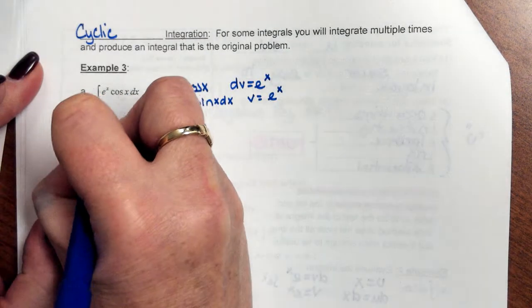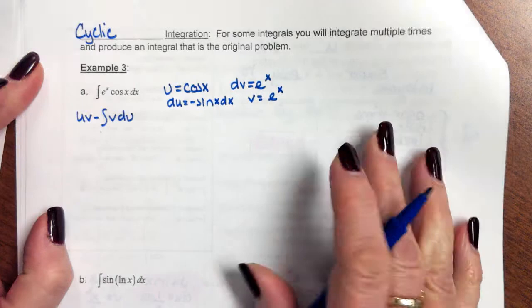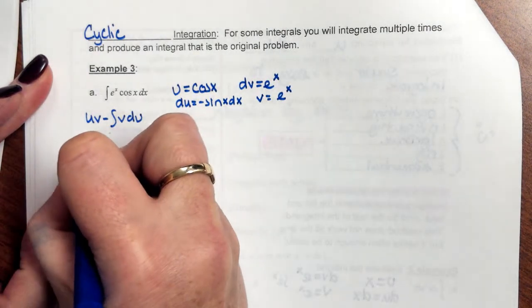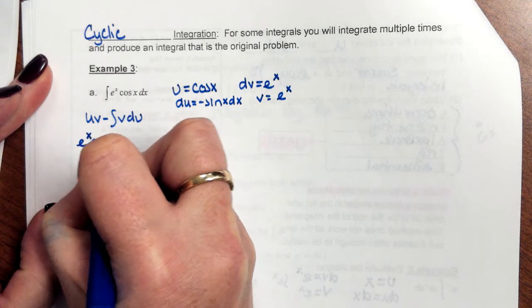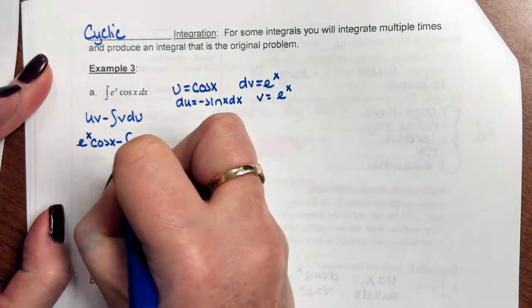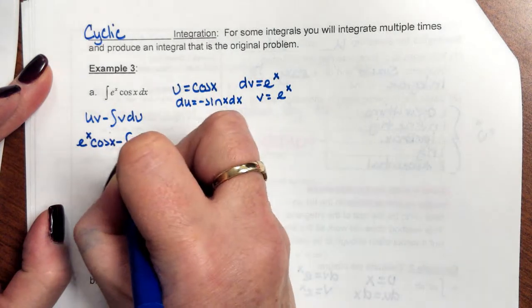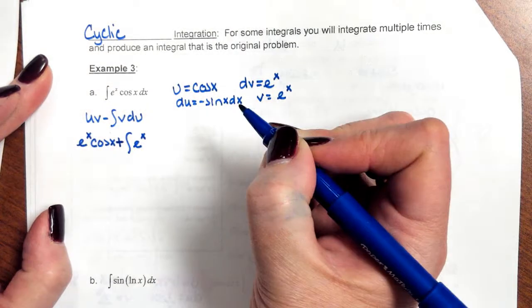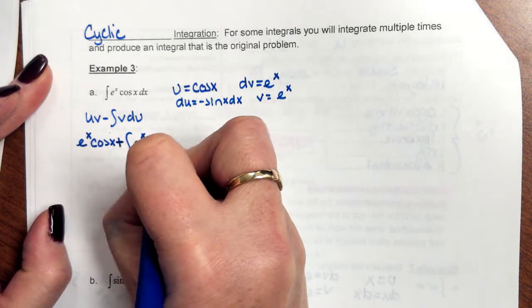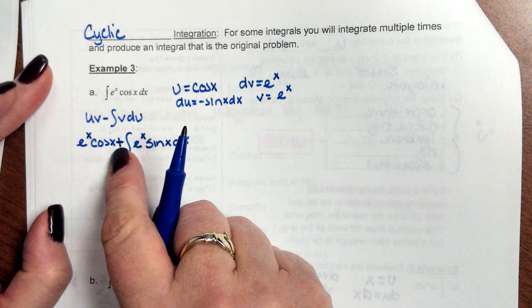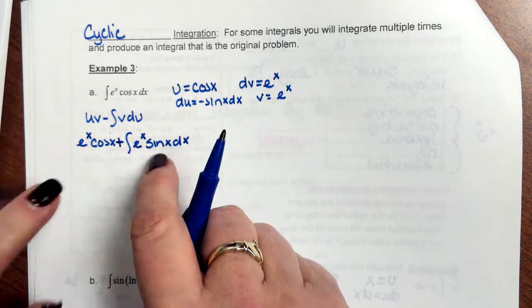So I want to plug it into my parts formula: u times v minus the integral of v du. So u is cosine x, v is e to the x. So I have e to the x times cosine x minus the integral of v, which is e to the x, times my du, which is negative sine x. If I pull the negative sign out, that's going to turn that into a plus sine x dx. Again, I just pulled the negative sign in front of the integral, which made this a positive. Notice right here,